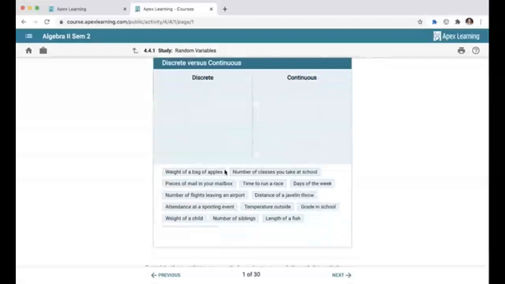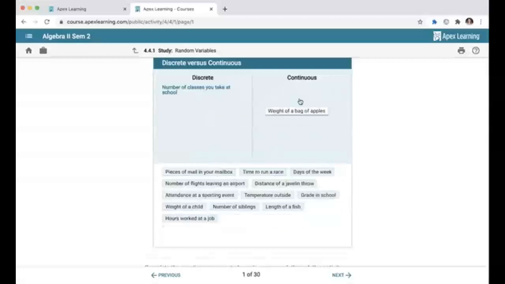All right, and I'll let you try this out here, looking at discrete versus continuous, but basically the number of classes you take at school, that's going to be discrete, right? You're going to take whole classes, but the weight of a bag of apples,